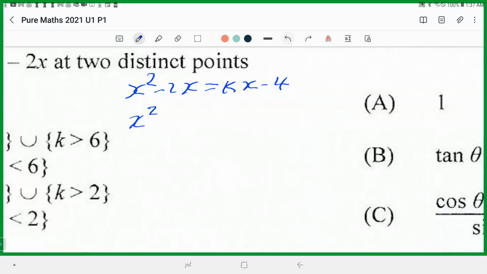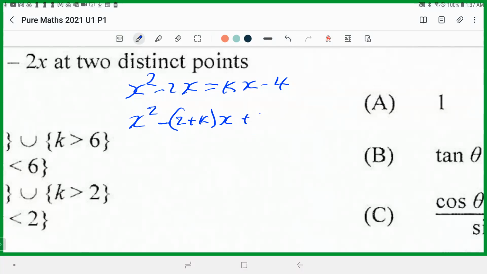Carry this over. What may I get? I get minus 2 plus k times x, because it's going to become a minus kx now. So it's minus 2 and minus k times the x. And then the 4 comes out, a